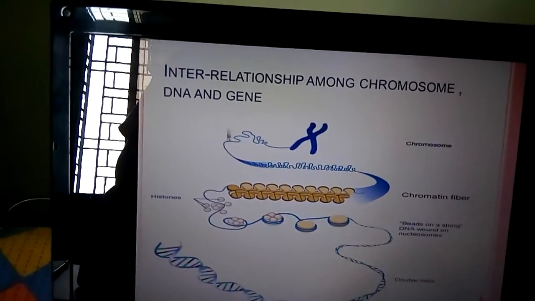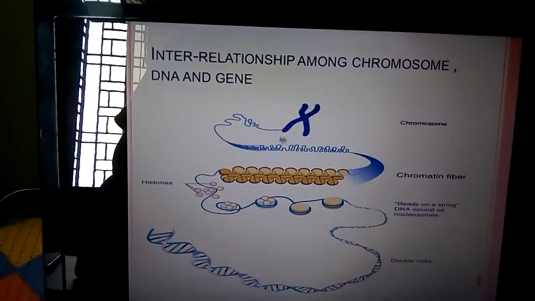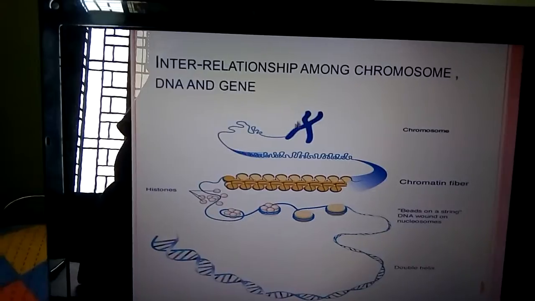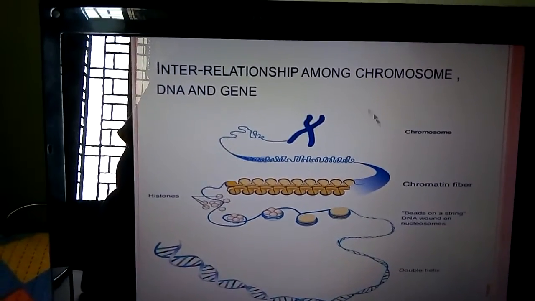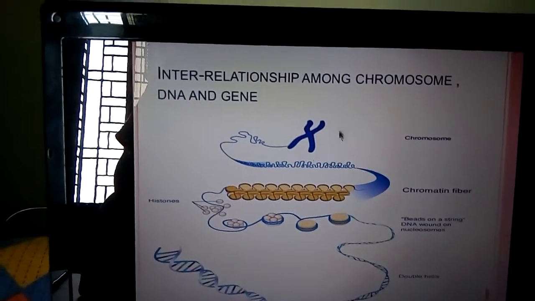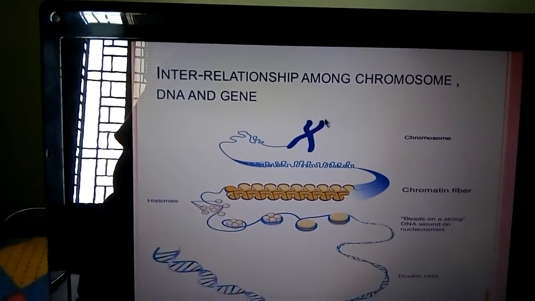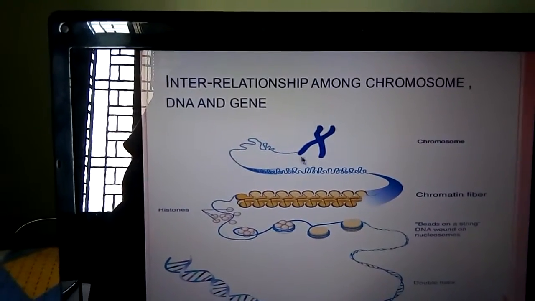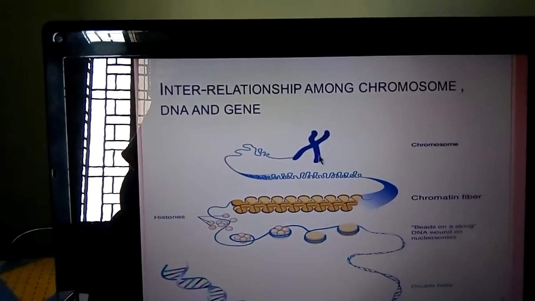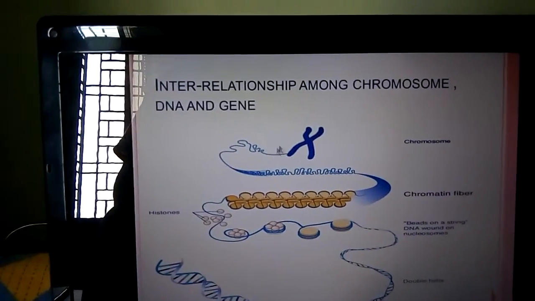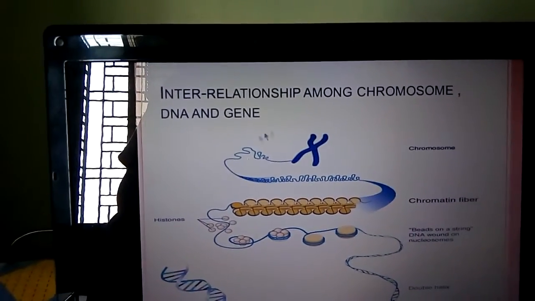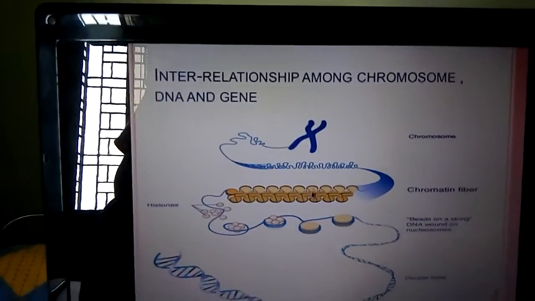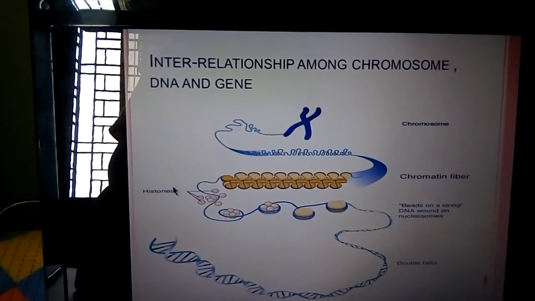We know that chromosomes are found in the nucleus. It is very loosely coiled, this forms a reticulum, and during cell division it is coiled more and more into a condensed form, a chromosome. When we unwind this chromosome, we find it is coiled around some proteins, these proteins known as histone protein.